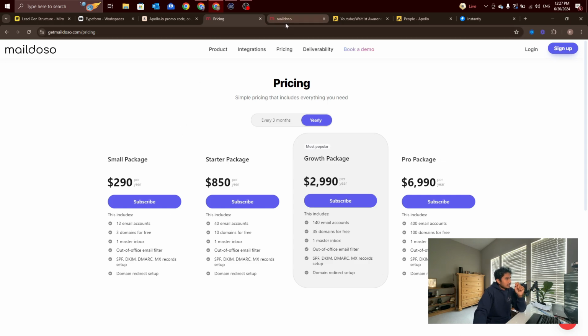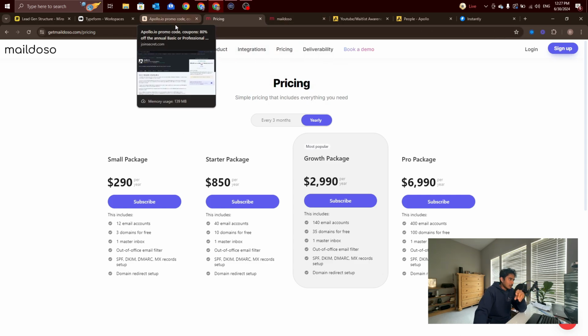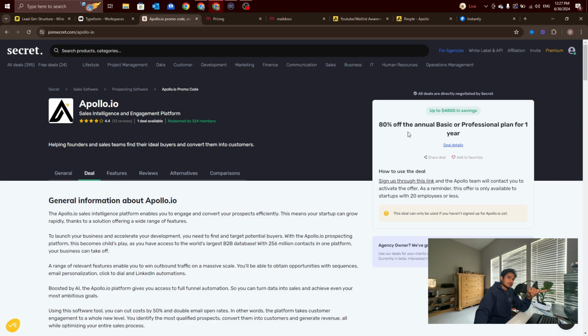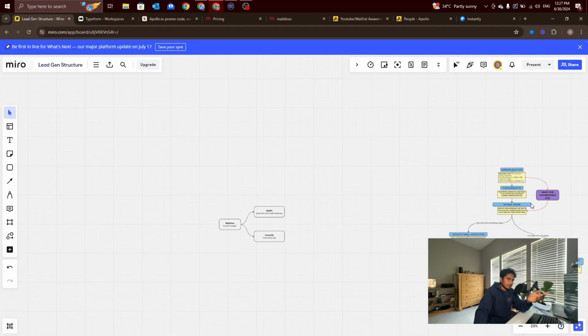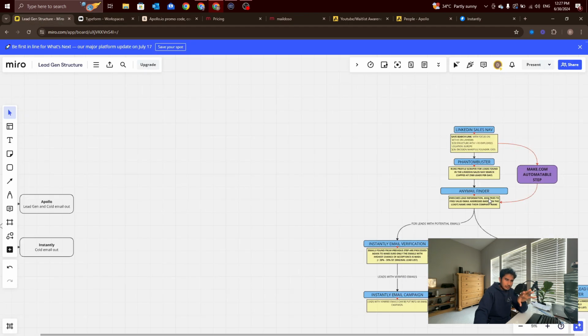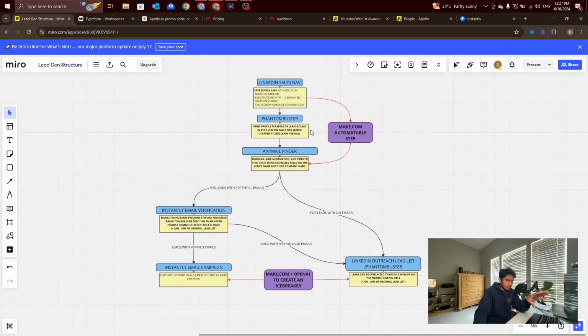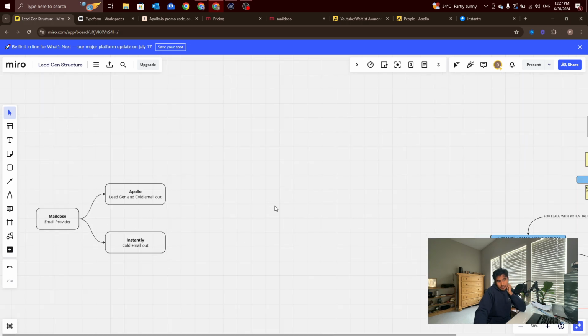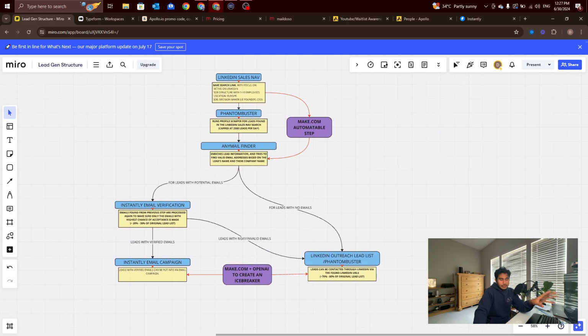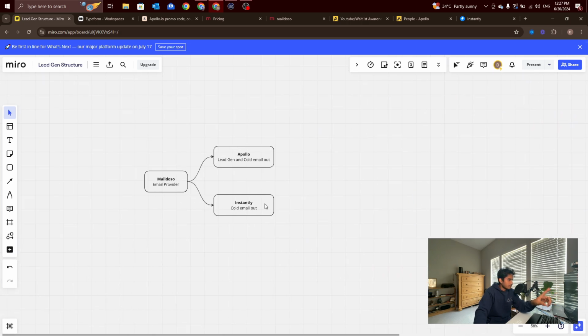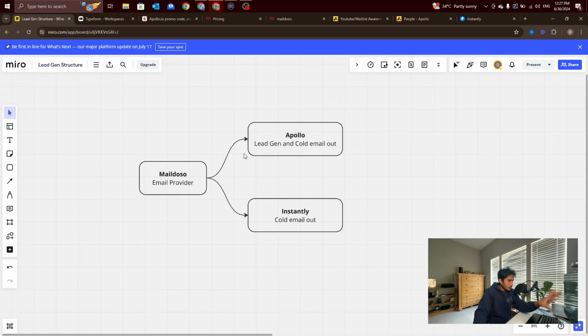This stack is only applicable right now because of this deal. If it wasn't for this deal, I would not be using this. I would go with the strategy that I had set up before. It's a little more tedious to set up, but it is an automation that works very well. Tried and true, and you can get lots of good emails out of this. But this one, we're going to do this now, and I'm going to show you what you kind of need